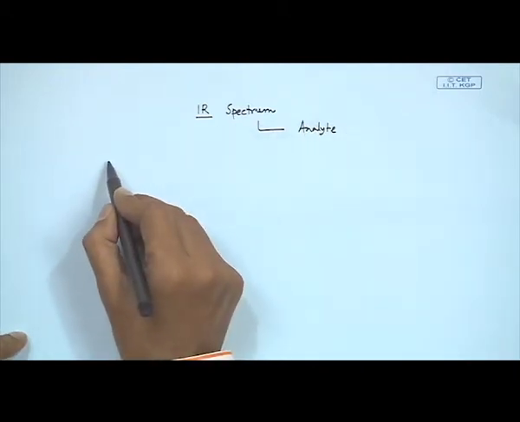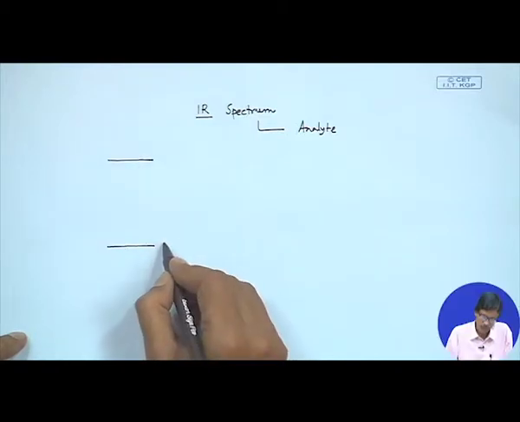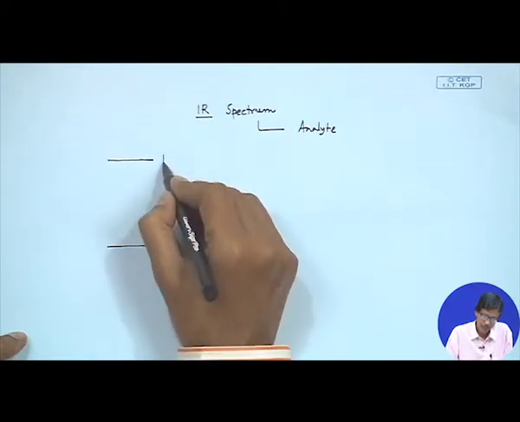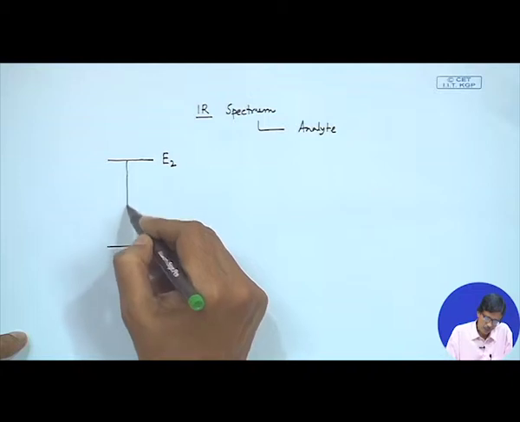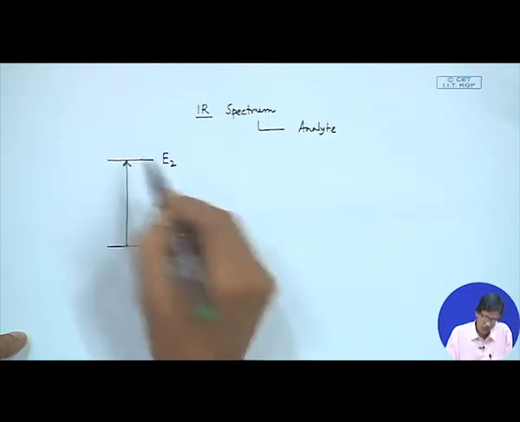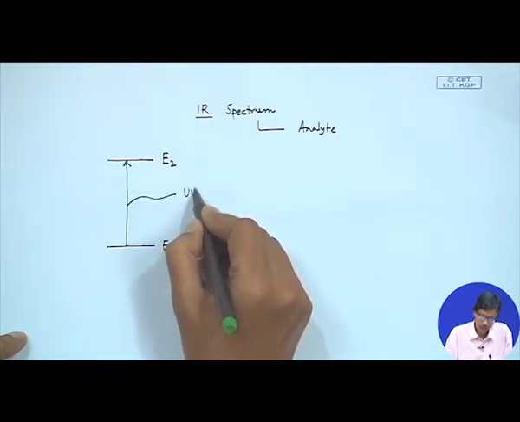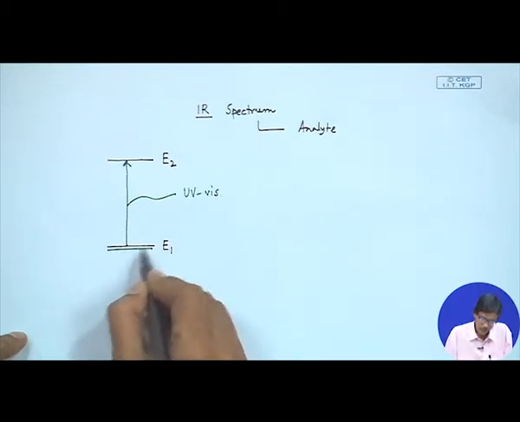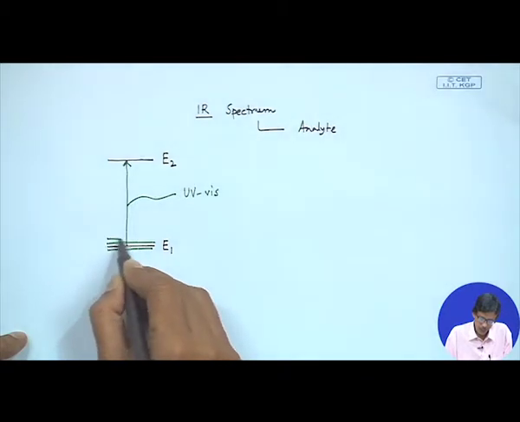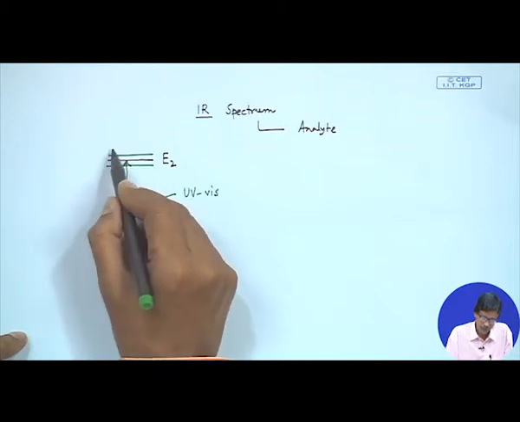But why are these species absorbing? We have seen that we can have the corresponding energy levels, as in UV-visible spectroscopy, where it can absorb by excitation from E1 to E2, giving rise to the corresponding absorption in the UV-visible range. Now, if we have small other levels involved, the vibrational quantum levels, if they are available,